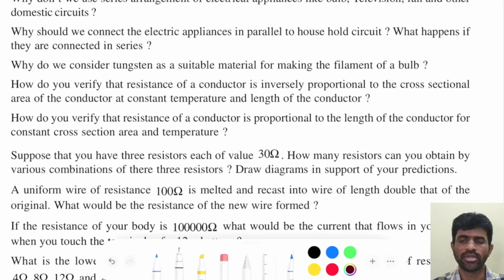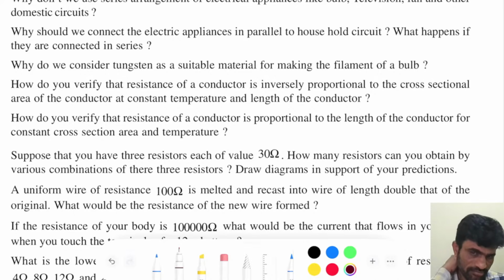One more, you can arrange two in series, and the third one in parallel along with these two. Two resistors in series, and the third one parallel. One more, the last one, we can connect the first two in parallel, and that can be connected along with the third one in series.